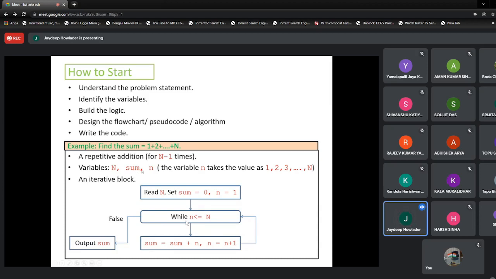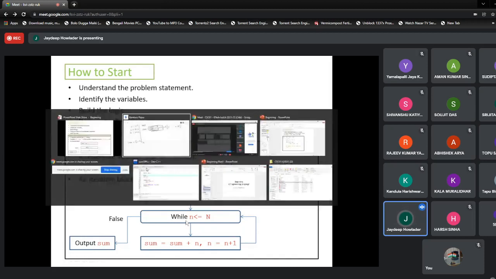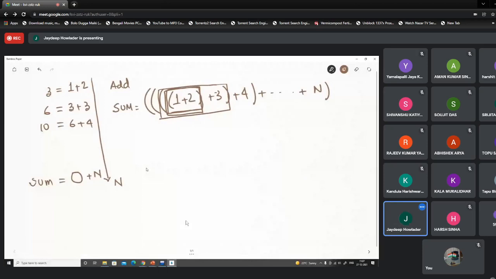And there is small n, which is the increment, taking the values 1, 2, 3, 4 up to N. Clear? So now I can modify my statement: sum equals sum plus n, where we initialize sum with 0 and small n with 1.